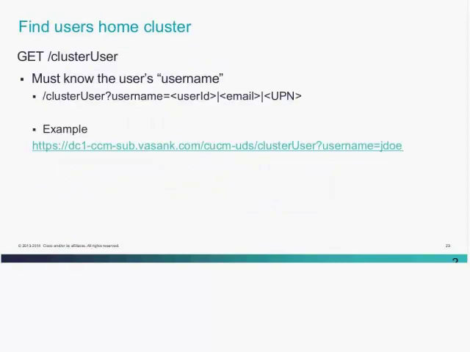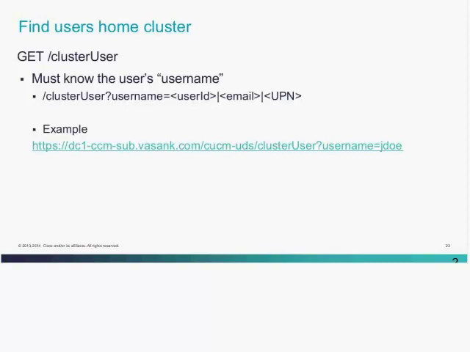So let's discuss a use case here. What we are going to discuss now is the UDS resources that need to be used and the HTTP methods that need to be implemented for discovering the home cluster. And once we discover the home cluster, we will manage the user application preferences through UDS. If you look at the request that we are sending out, it's an HTTP GET method request for